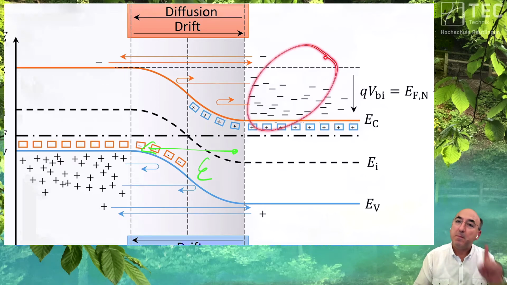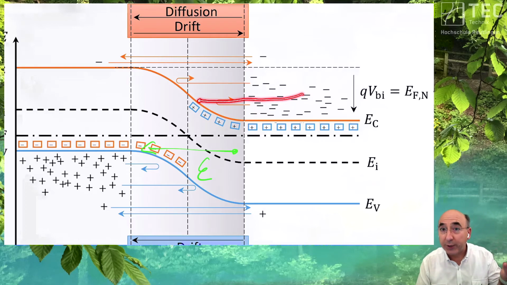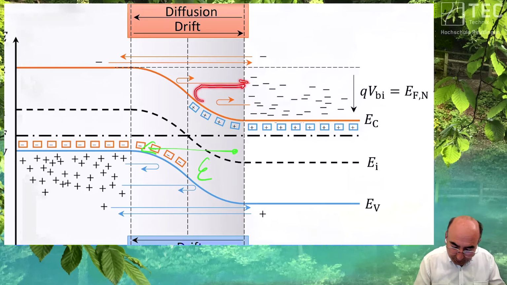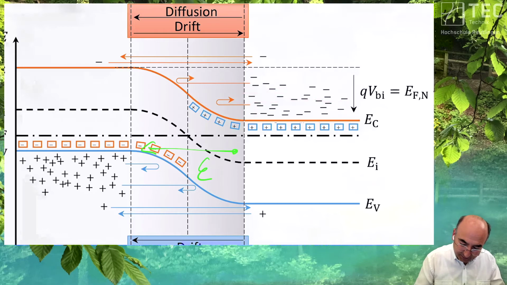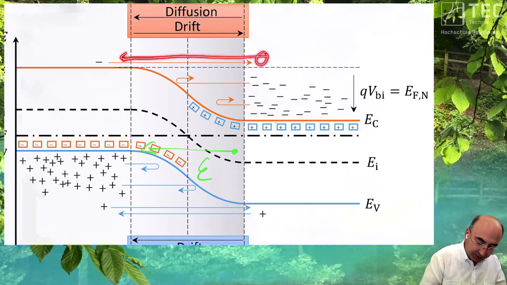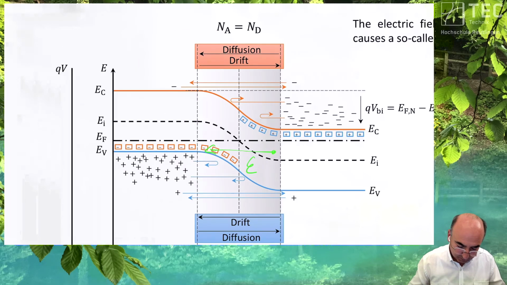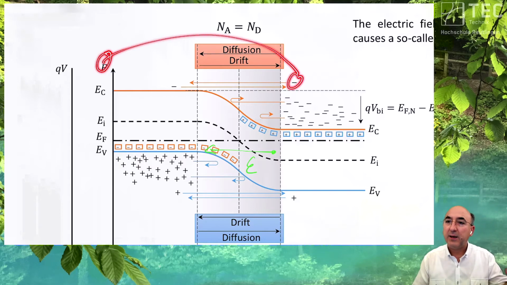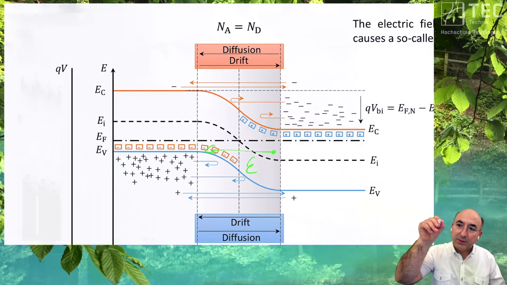So you have many of them, but they are diffusing in this direction due to the flow rate, and they are forced back due to the drift. So we have a diffusion drift. We have a diffusion in this direction. So only these electrons, which are here. So which electrons have this energy level? High energy level. Remember the Fermi-Dirac statistics. Only very few electrons have this